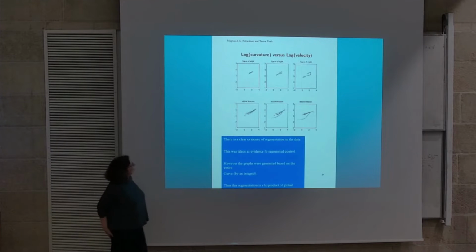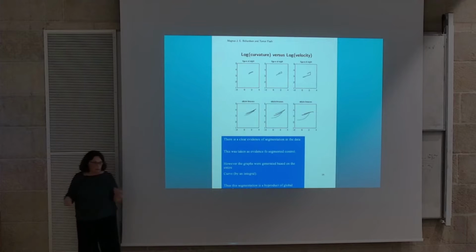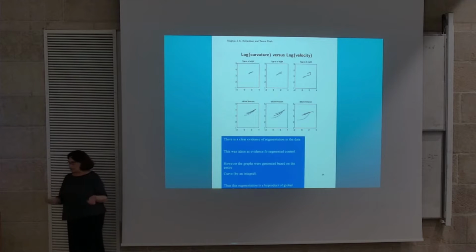The paper was published a long time ago, in 2002, and qualitatively it's very similar to what we saw before. The relationship between log velocity and log radius of curvature has piecewise segments with constant slope for the different segments. But you minimize the cost for the entire trajectory, not piecewise. So a priori it says that the brain doesn't have a segmented planning for something complicated, but may have a planning for the entire trajectory, and segments come out from this kind of principle.